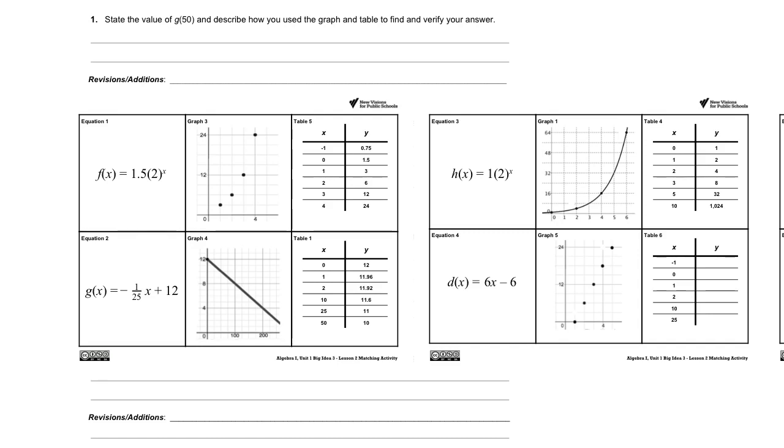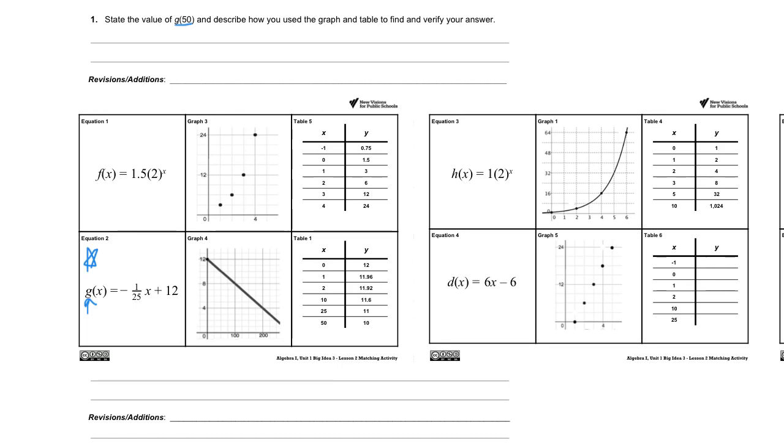Number one says, state the value of G of 50 and describe how you use the graph and table to find and verify your answer. So G of 50, this is the G equation, and I know that because G of X. Here we have G of 50. You should have learned about function notation way back in Algebra 1A. G of 50 looks like G of X, except instead of an X there is a 50. So wherever it says X, we're going to put a 50 if we were to work this problem out algebraically,